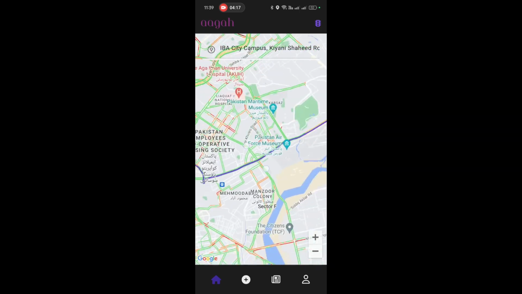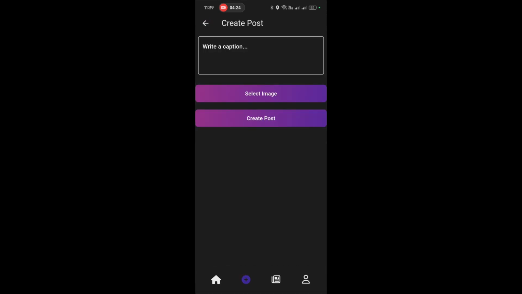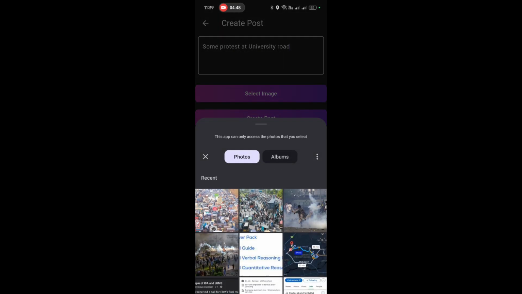You can see this purple line. This is what we have integrated. And you can even post from our app too. If there's some protest you run into, and you want to update users, for example, a protest at University Road, then you can select an image and post about it.